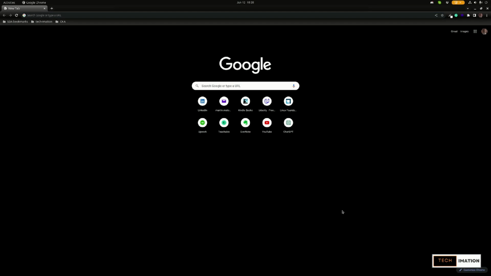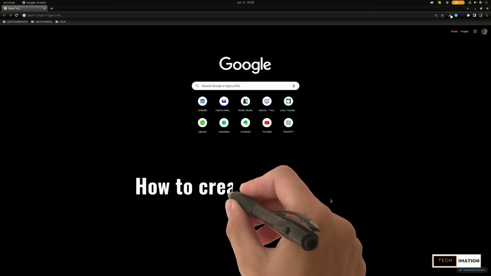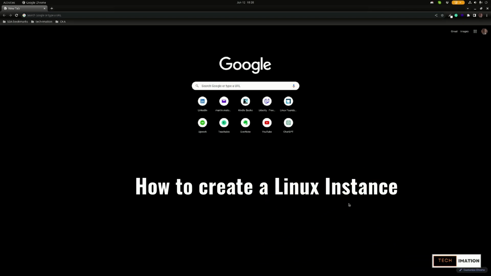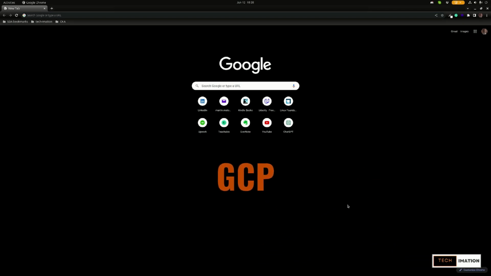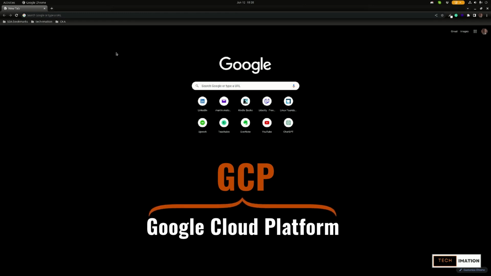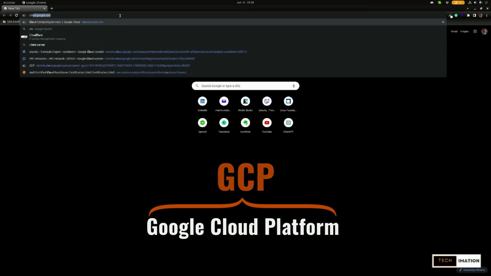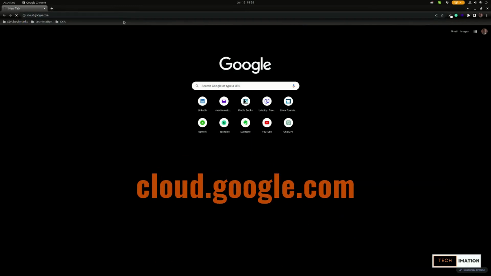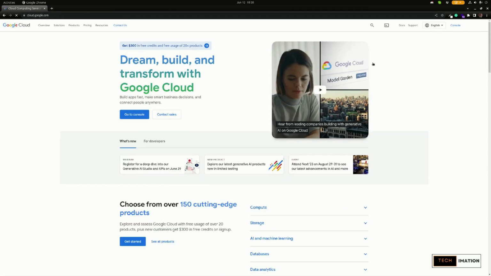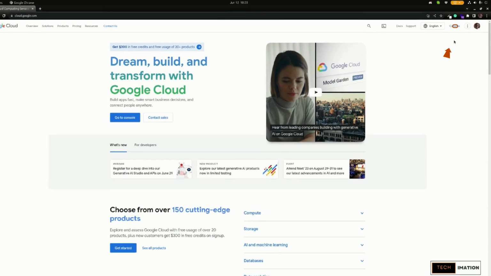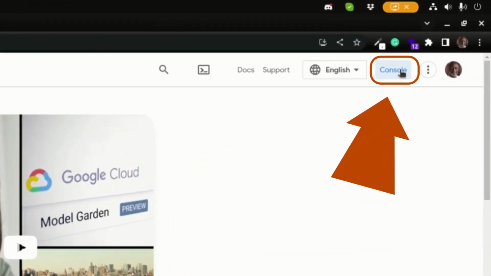All right. So now I'm going to show you how to create a Linux instance in GCP, Google Cloud Platform. I'll start by going to cloud.google.com. When I get there, because I already have a Gmail account, I can log into the console. If you do not have a Gmail account already, you will need to get one. Now, I'll click on console to log in,